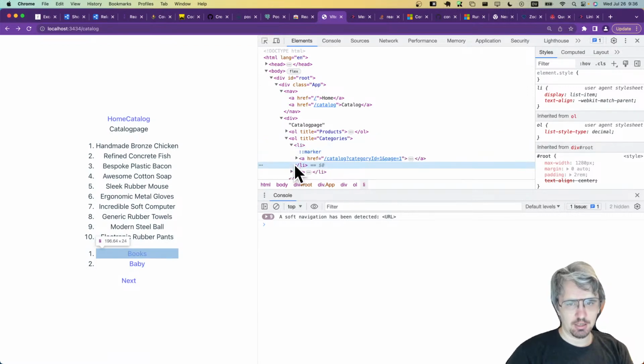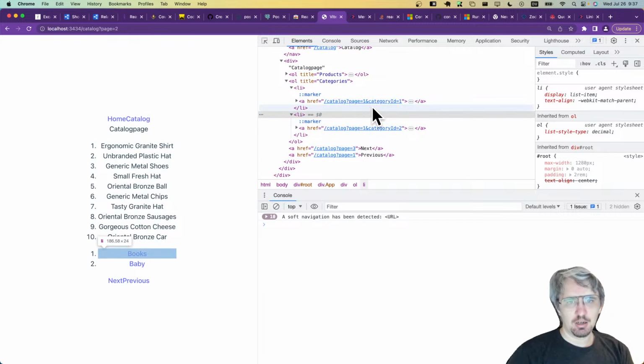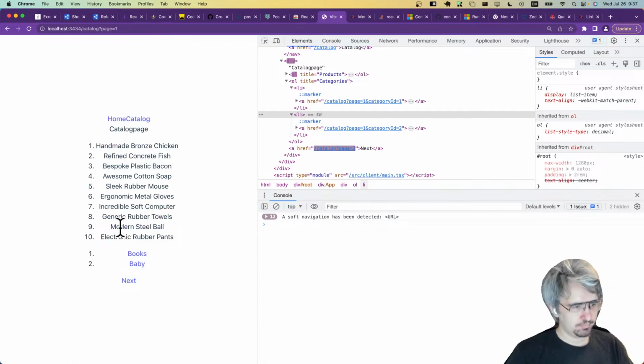So if you click on any of the links, you'll see this is going to category 1, page 1. If I click next, all of those links, well, they don't update because they are always going to take you to page 1. Obviously, the next and previous links tell you exactly where they're going to take you. If I go back to my to-do list,